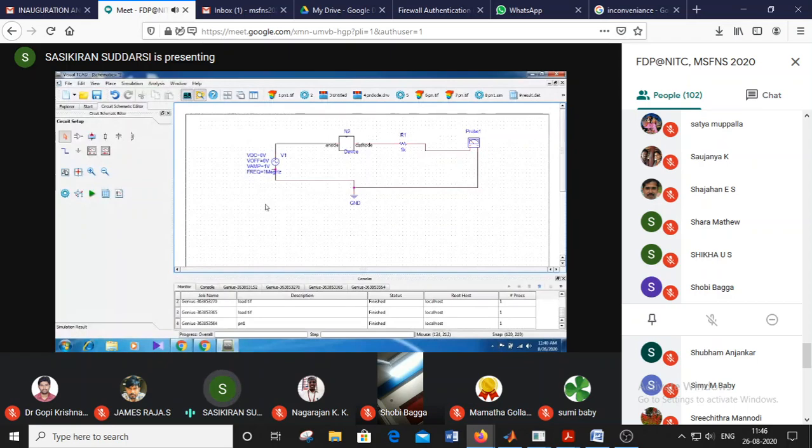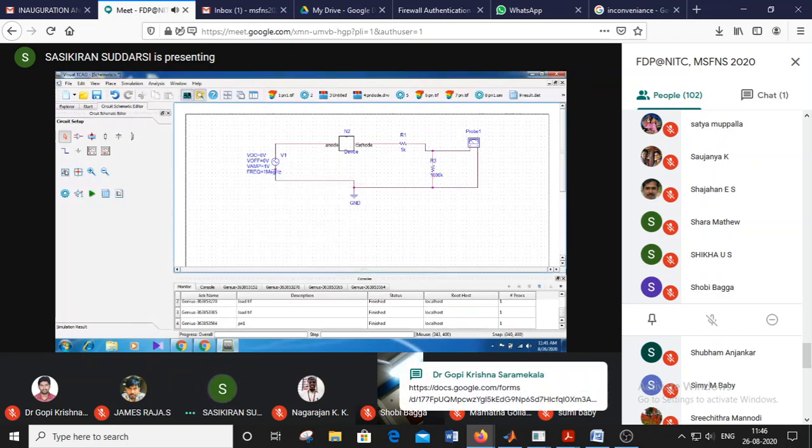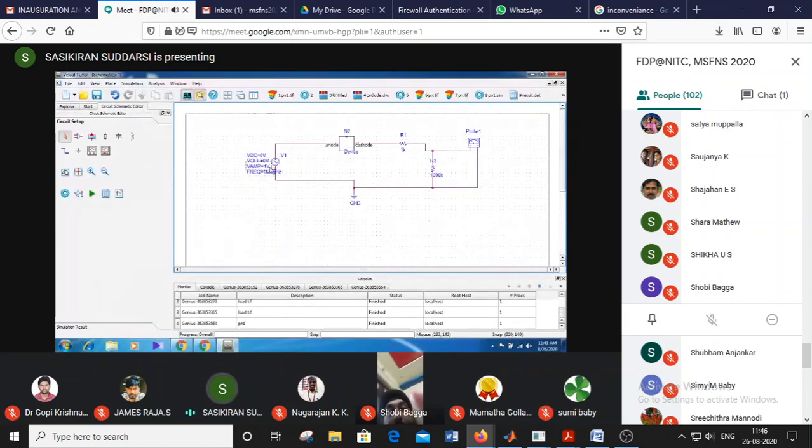So we will again make one resistor and do some rotate and using some wire connections. So connect it. So I want this element as some 1000K, and we can also change the properties for the sine wave.